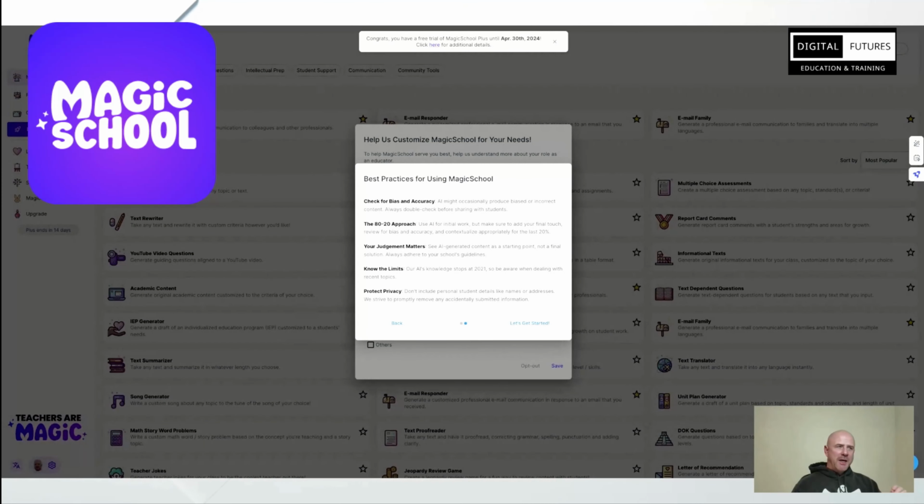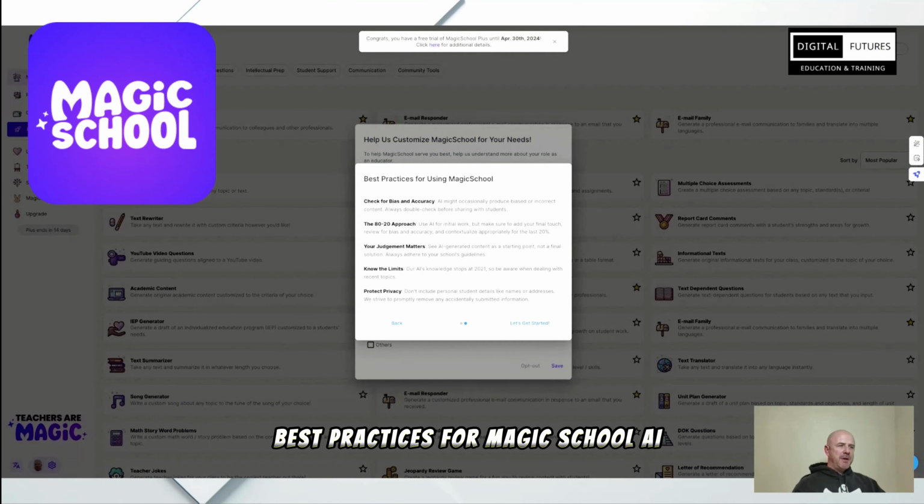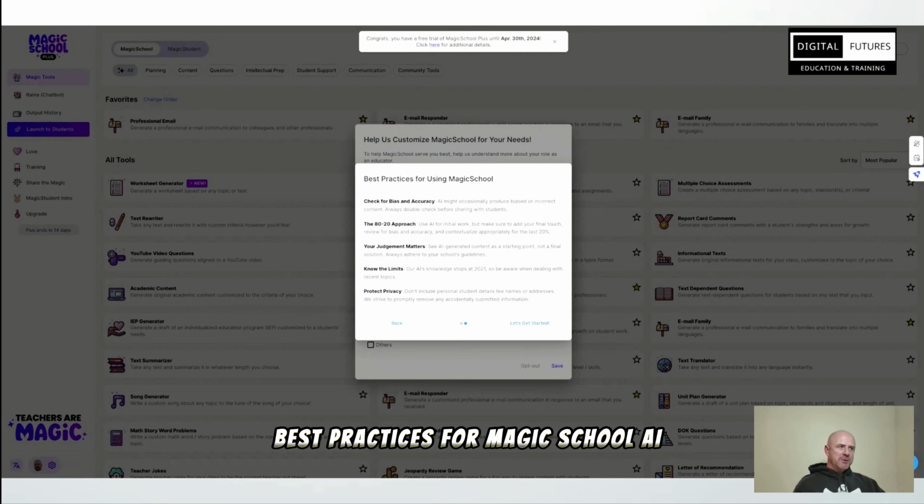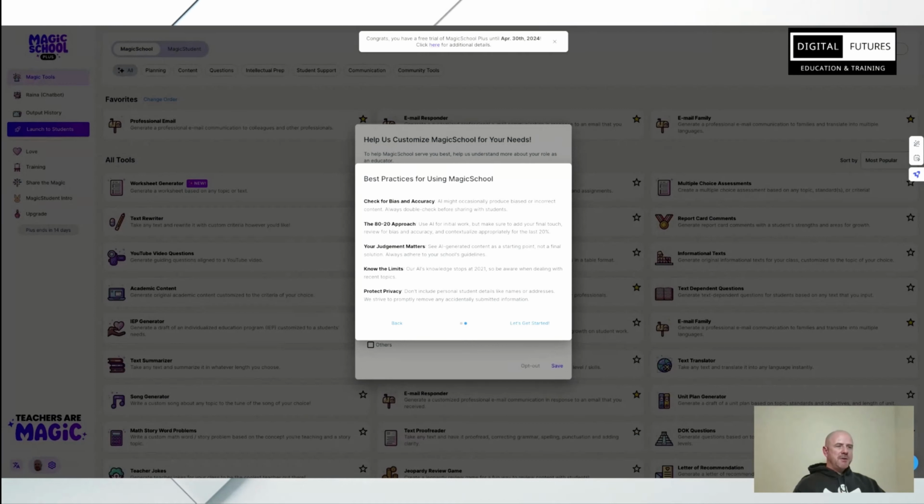After you log in, it's going to bring you to best practices for using Magic School. This is after you've created an account. They're going to give you increased access to a lot of resources right away, available to a specific date, generally about 2 weeks after sign up. And then they're going to reduce some of the access after that date unless you go to a paid model. In this demo, I'm going to be using the additional Magic School Plus